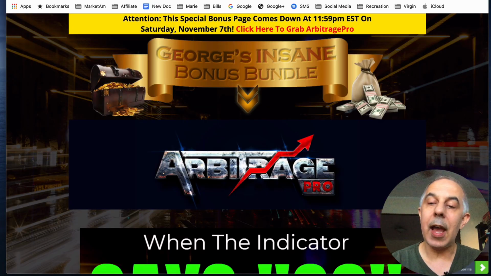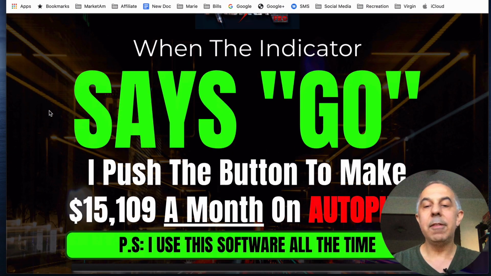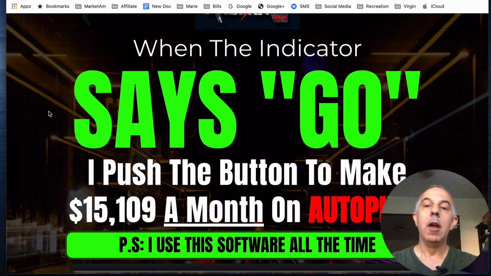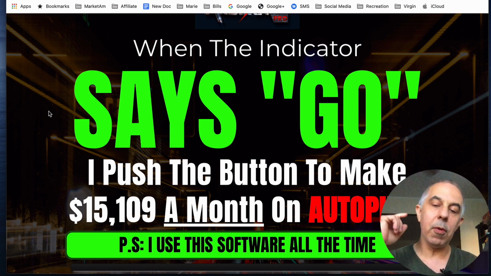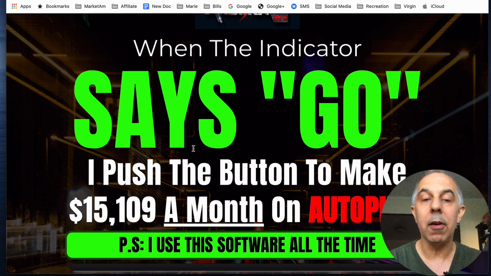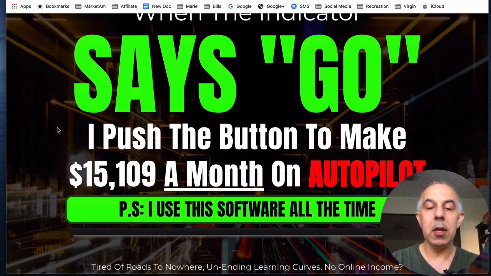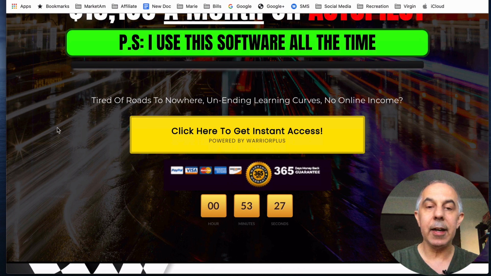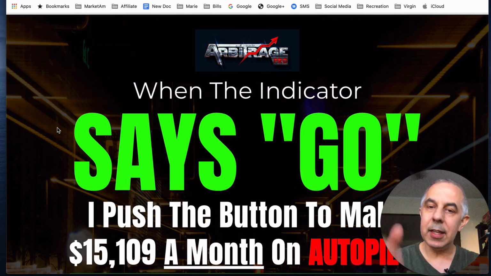And what exactly is Arbitrage Pro? He put this together so that you put all these different offers together, and some are going to be red and some are going to be green. His software is going to do this for you. When it says green, that means go. Go for that offer and do all the steps it takes, because that one is a money maker.